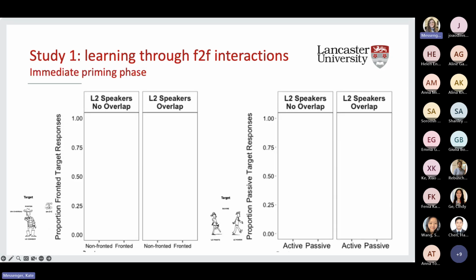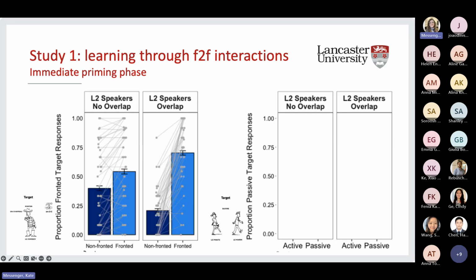So in these graphs, they're all going to look the same across all the studies. So we're always going to be plotting the proportion of the target responses. So here, either the fronted ones or the passive ones, and the proportion they produce in the condition where the prime was non-fronted or where it was fronted, or whether it was active or passive. And here we've separated out the condition where there was overlap and no overlap. So what we see here for those fronted